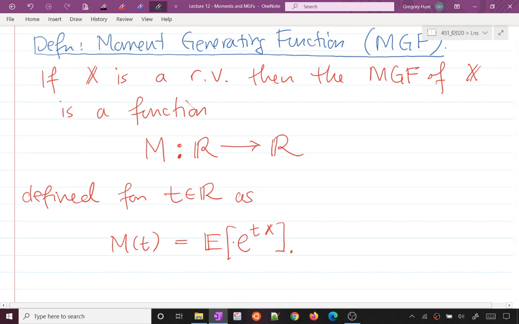The number it spits out is the expected value of e to the tx, right? If I'd said e of x, I think people would have known what that means. But e to the tx looks weird and kind of scary. But it's just a function of x. I could have said log of x, or x squared, or the cube root of x, right? There are just functions. And we have a formula following our theorem, the law of the unconscious statistician, for how